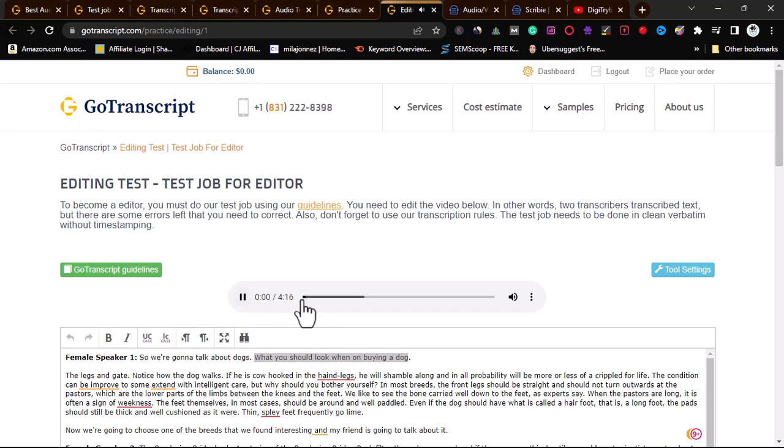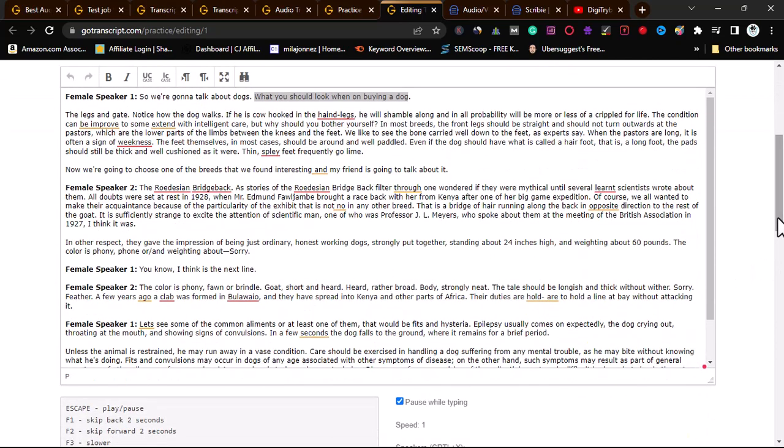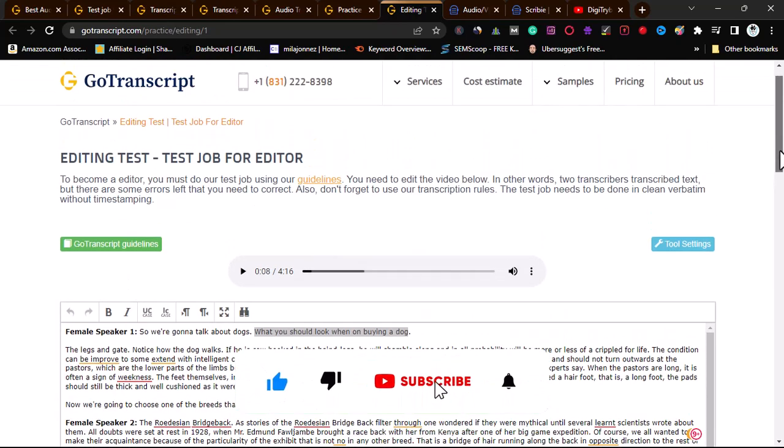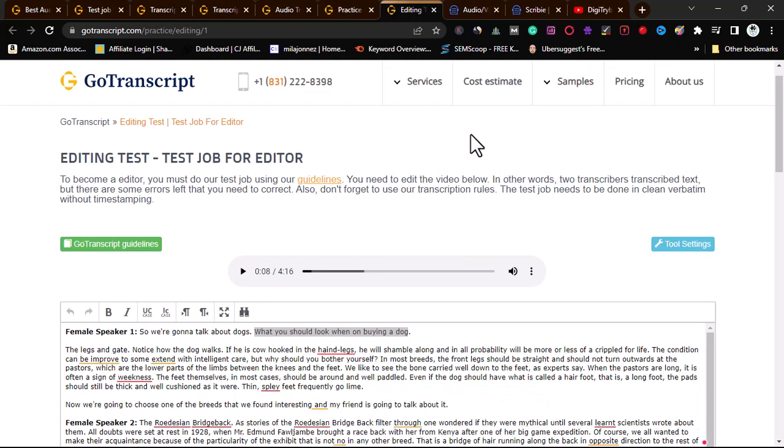So we're going to talk about dogs. What you should look out on buying the dog. You see there is an error here. So you need to correct those errors. You need to listen to what the person says and correct every error here. All the errors you see, ensure that it is corrected according to what the person is saying and is in clean verbatim. So do well to read what clean verbatim is. I'm not going to explain it here for us. So that is about